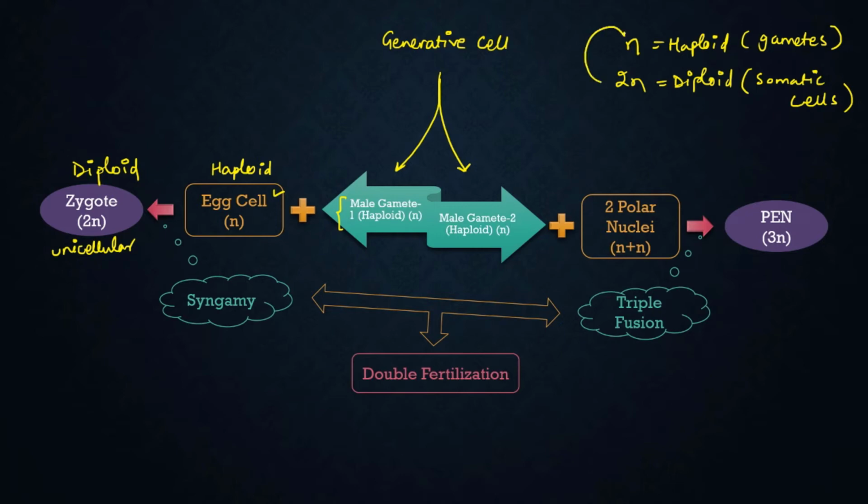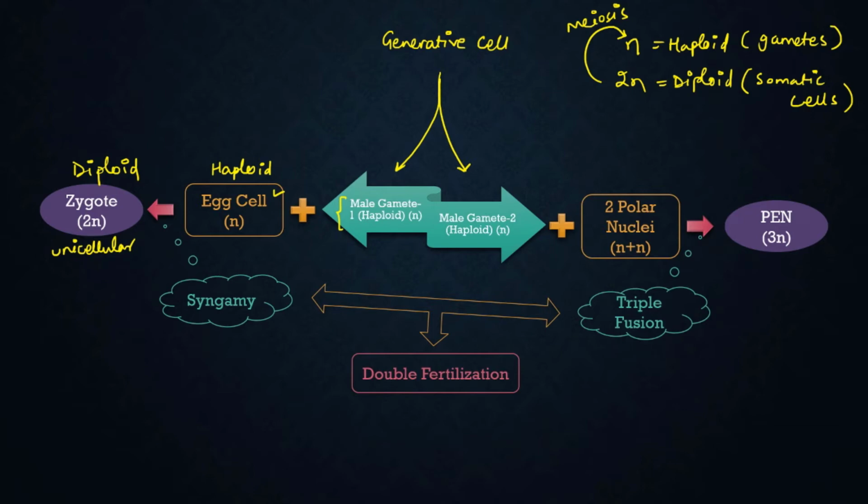And whenever the gametes are going to form, they are actually formed from the diploid somatic cells, and the process we all know involved is going to be meiosis. Okay, that's all we need to understand regarding the haploid and diploid. But again, going back to the process of formation of zygote, again it is a process of fertilization, because we